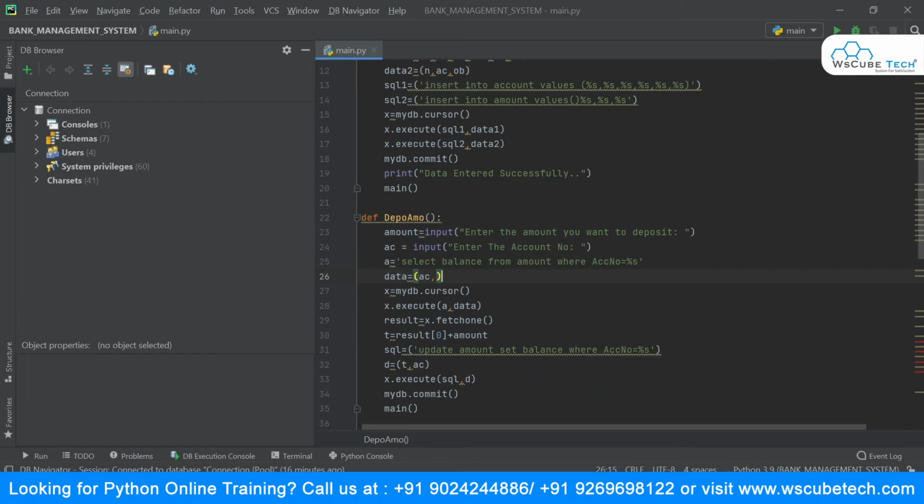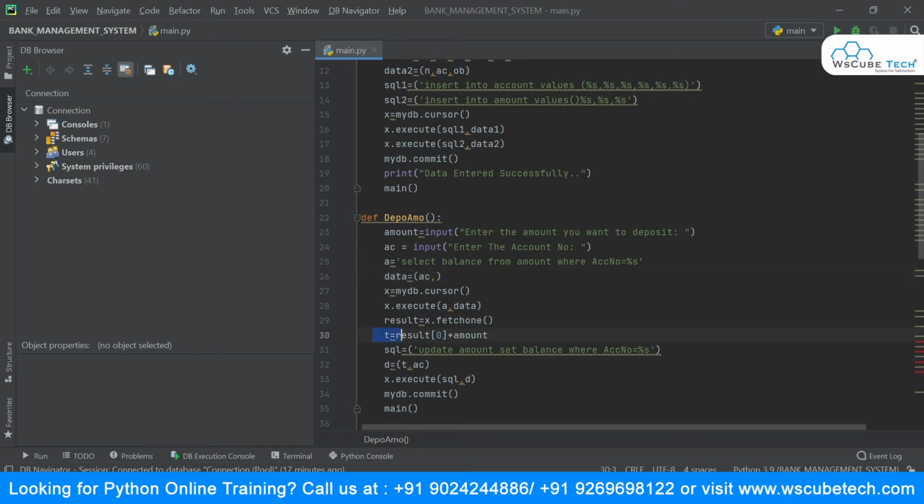So I'm saying update amount and set balance where account number is whatever the result I'm going to get from this. In the next step, we are creating again a tuple of T and account number.